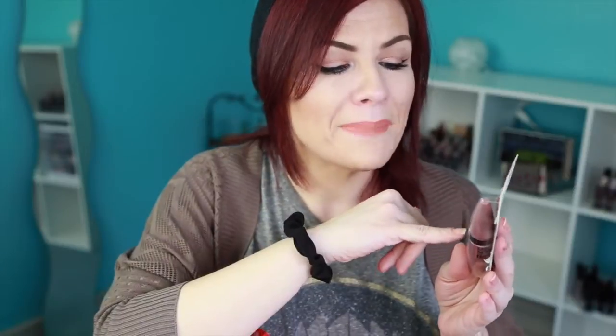ever, because I always like to try new shit, and I always like to try new mascaras, especially. This is my third tube. I use it every day, multiple times a day. I feel like I'm getting a little crazy with it. But this is the non-waterproof formula, and I don't know if you guys can see from there, but it is